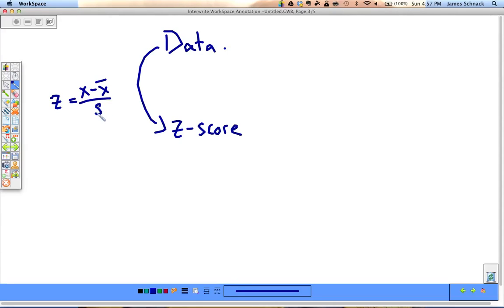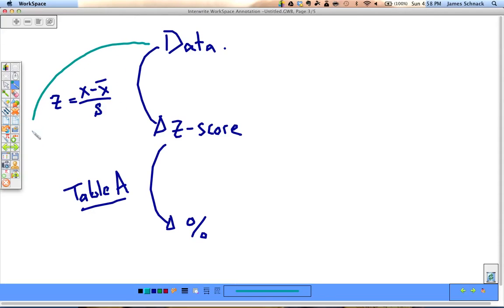X minus the mean divided by the standard deviation. And then ultimately our goal is usually to find a percentage that goes along with it, an area under that normal distribution curve, and we're using table A to do that. Or